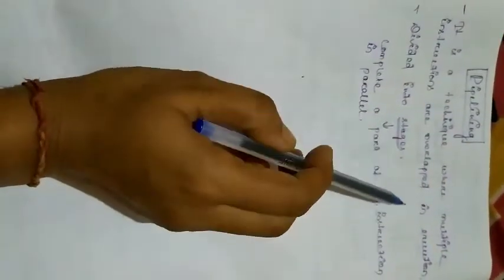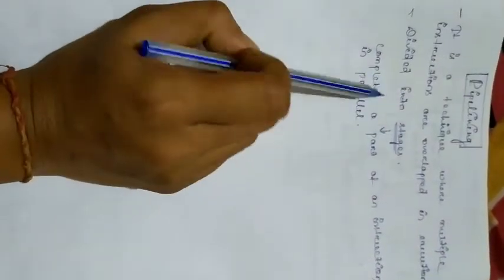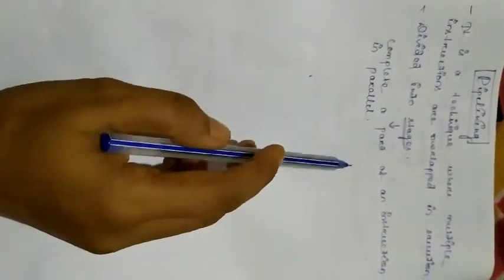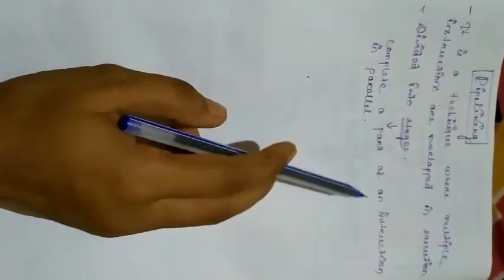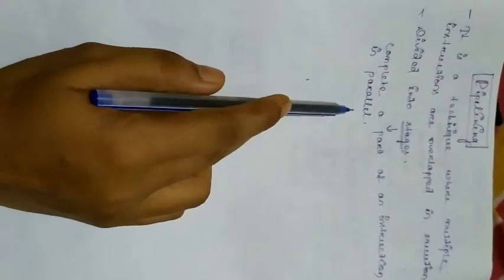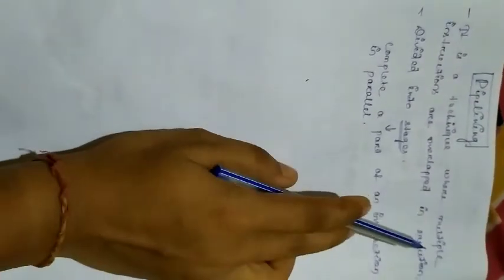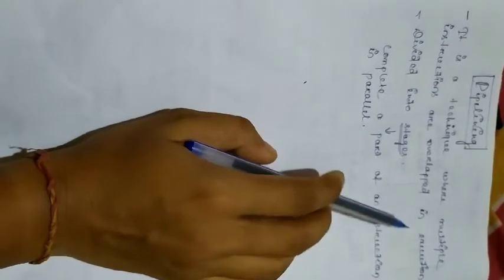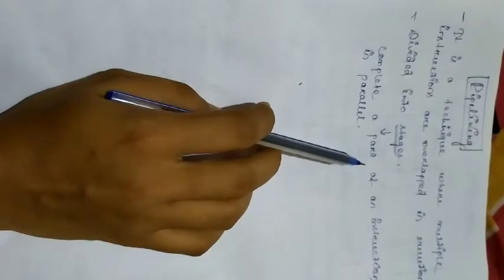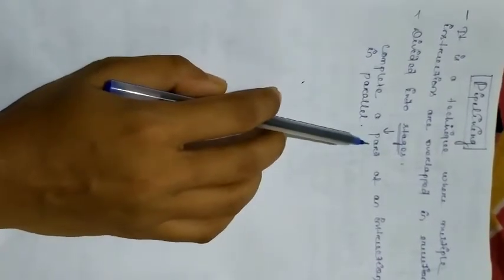That technique is divided into small stages, and each stage is responsible for completing a part of an instruction in parallel. That means multiple instructions are executed at the same time. We need this. If we execute multiple instructions in parallel, then we can increase the throughput of the processor. So basically, pipelining is a concept used to increase throughput.